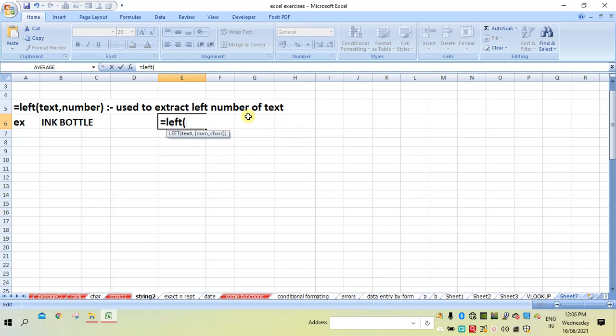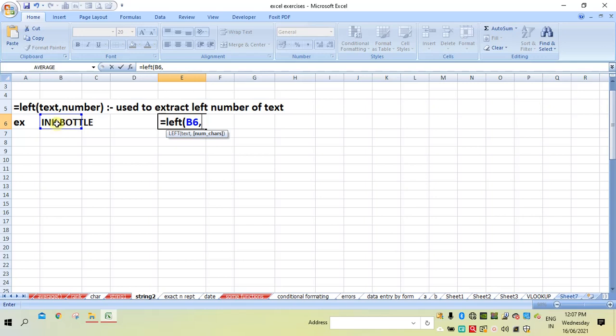So in bracket specify the cell in which the text is present and put the comma, and then specify how many characters you want from the left side. Left side means I starts from the left, whereas E is at the right. So I, N, K is the left, and the rest is the right side.